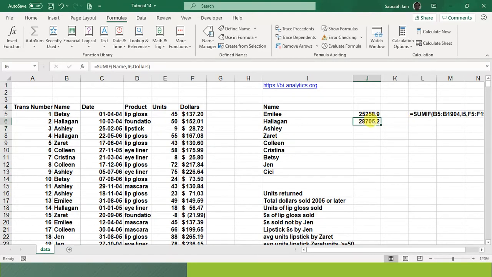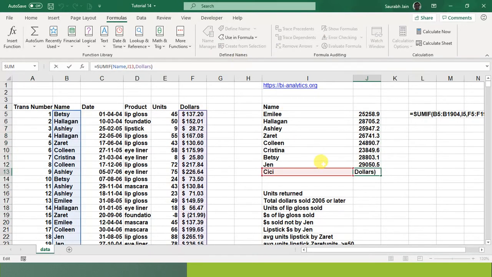So here comes my answer. Now I can drag as usual and this will give me the answer. The smart thing is that every time I'm using the formula, it's using dollars and name. In the COUNTIF last tutorial we did it by just selecting the range. This time I'm using the range name in the formula. That is the difference. It makes it very easy when you know the names.